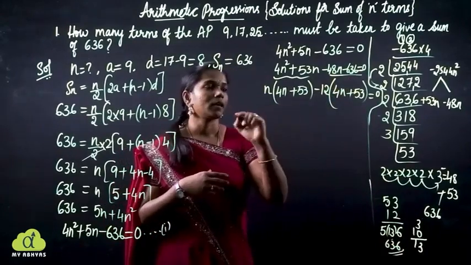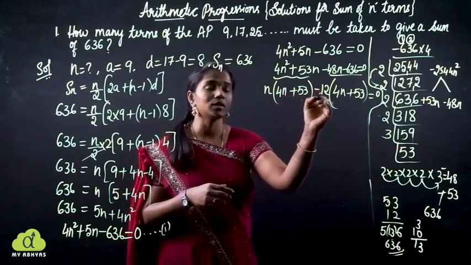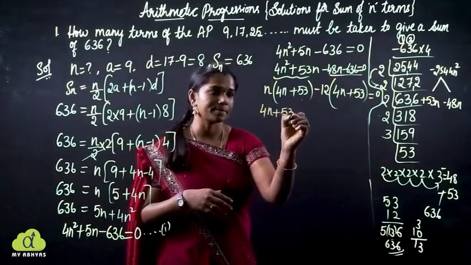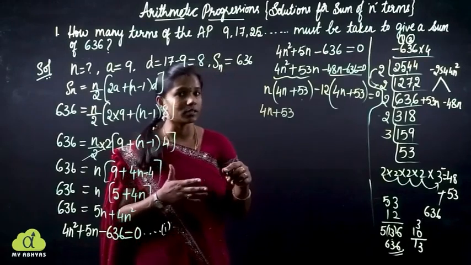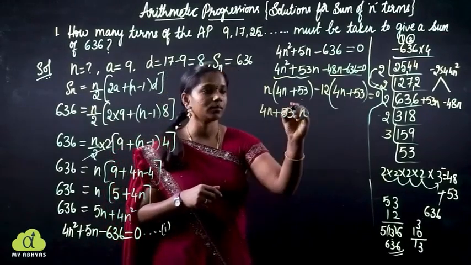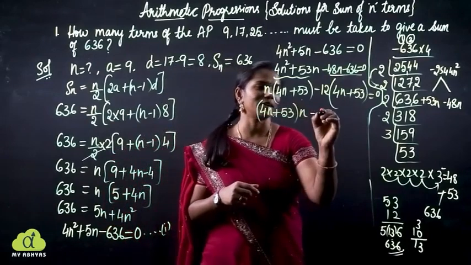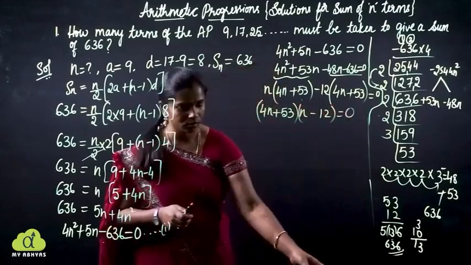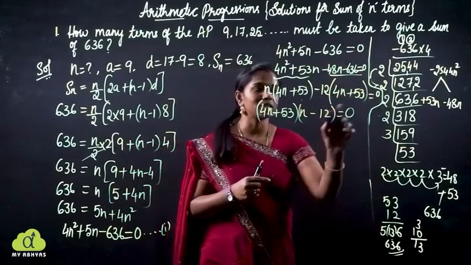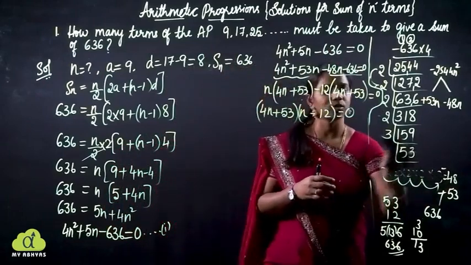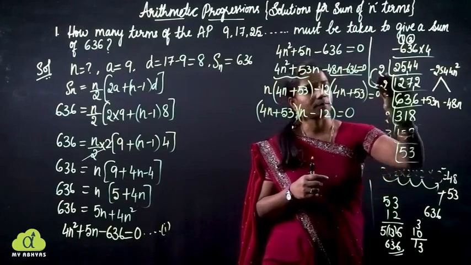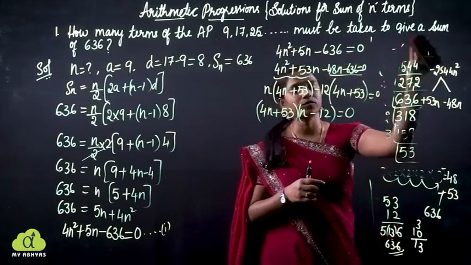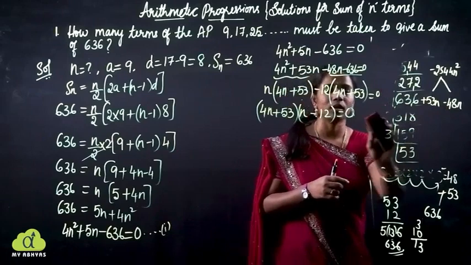Now let us go ahead. Now here 4n plus 53 is common. So take the term out. It is 4n plus 53. So when we take out 4n plus 53, what do we have left? It is n. Yes? Plus, not plus, it is minus 12. Clear? Which is equal to 0. Yes, I just erase all this because it is looking a little bit odd. Okay, just go ahead next. Continue. Equate 4n plus 53 is equal to 0 and n minus 12 is equal to 0.